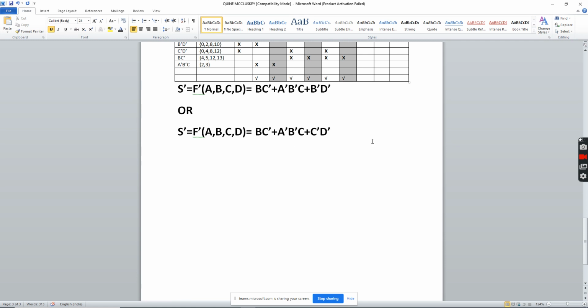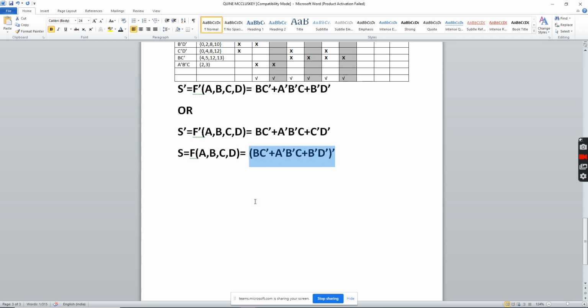I will try putting a bar. So what if this is the F bar equation? I will copy the equation once again. Now I will write the equation for F. The equation for F will be conversely this whole equation bar, correct? Because I have inverted the bar. So if I write the equation of S, the bar will be transferred to the right hand side. So this equation bar it is.